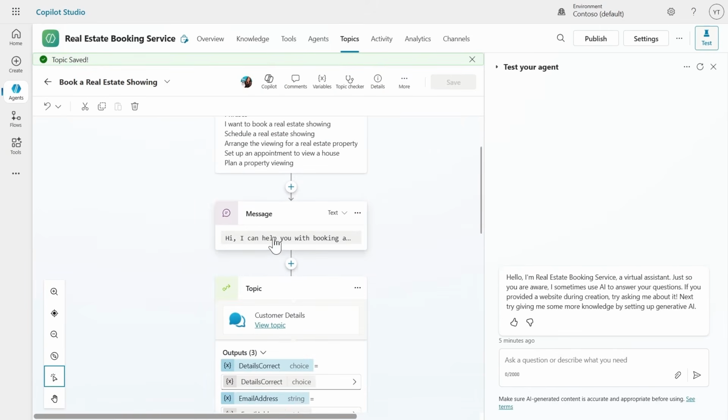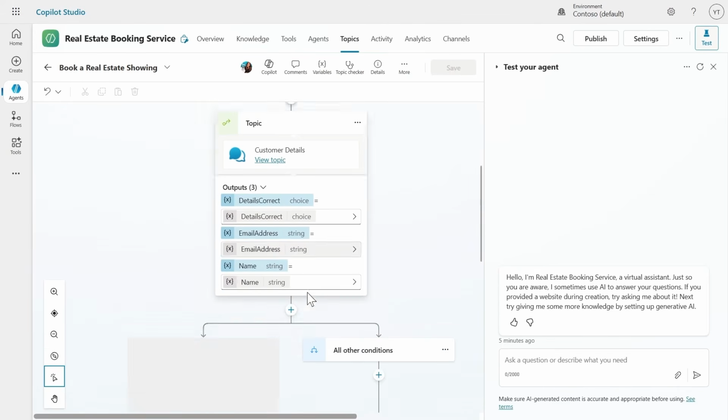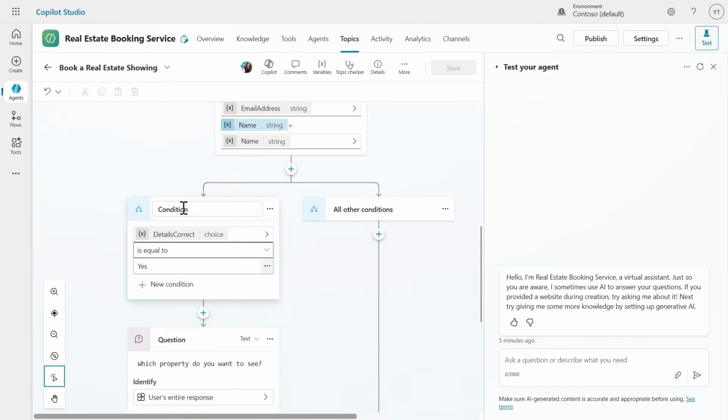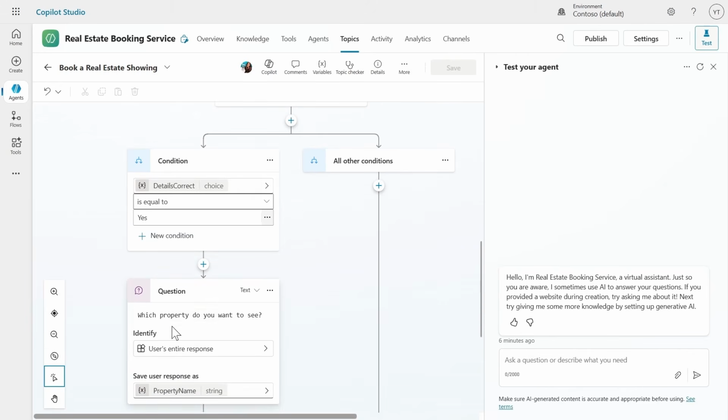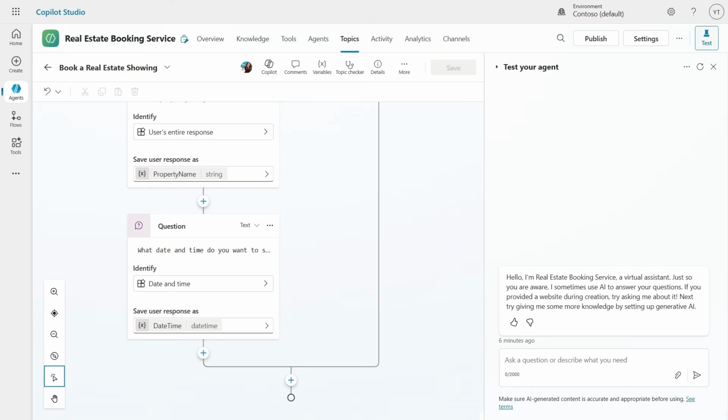We do have a trigger. We do have a message, starter 1. How can I help you with the booking real estate property? We collect the info from our client. If the user says that the info is correct, we do ask what the user wants to see and when. So now as we have a clear topic with multiple nodes, you guess what? We can test it. We verify the track between topics is activated, so we can see in real time how